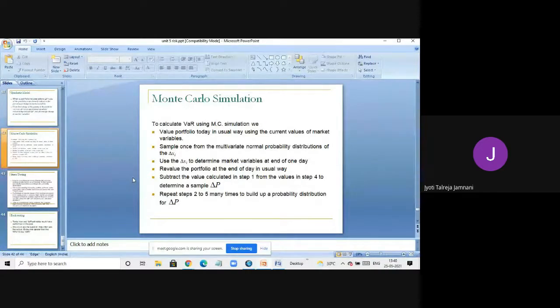Then the next is the Monte Carlo simulation. This also helps in finding the value at risk. Now, what is Monte Carlo simulation? In case of Monte Carlo simulation, we use some random numbers and we prepare a portfolio, or we prepare a list of prices of the shares. Now, these random numbers will be given, or they are already available in many books and also on the net.